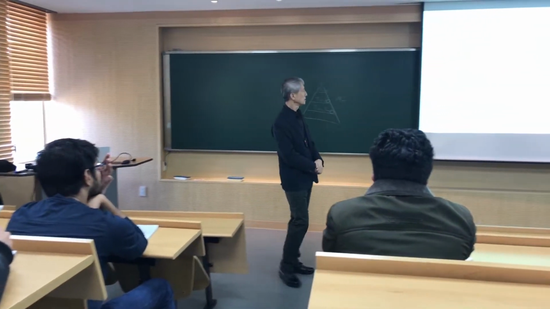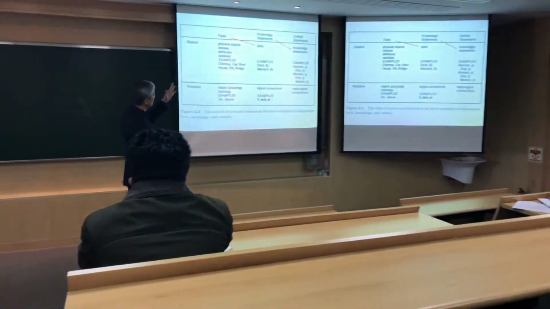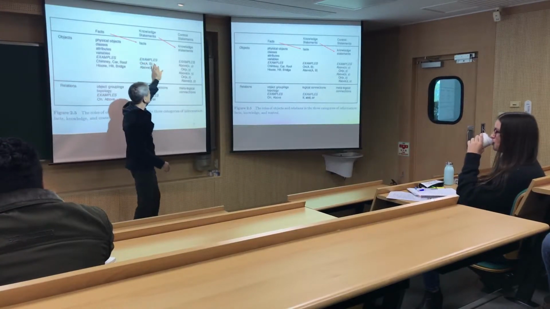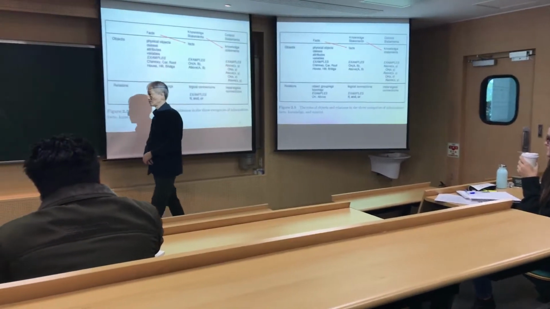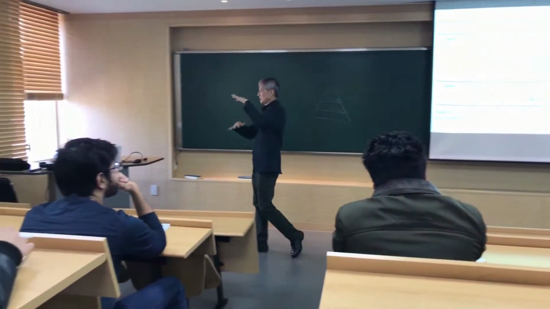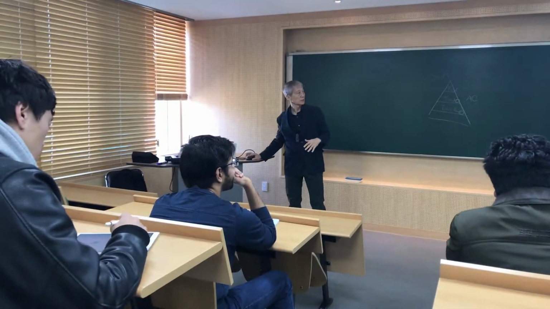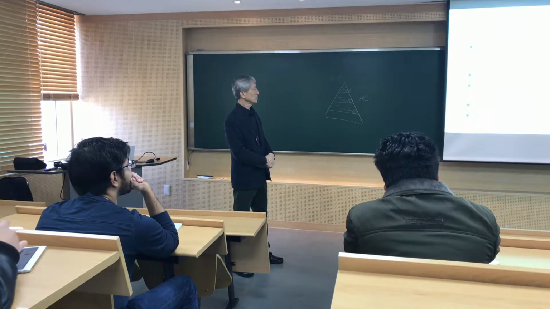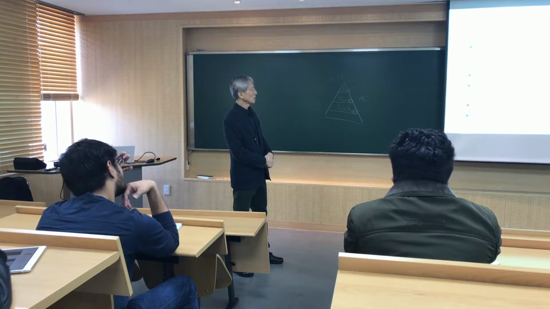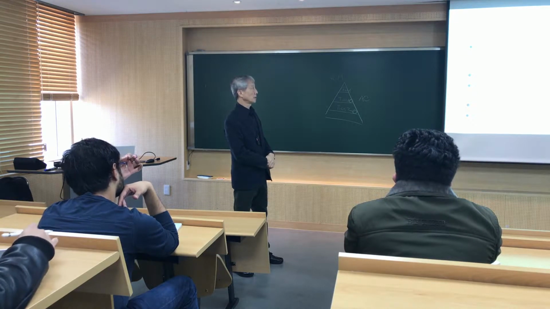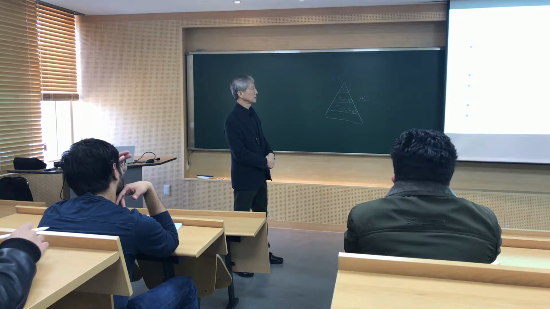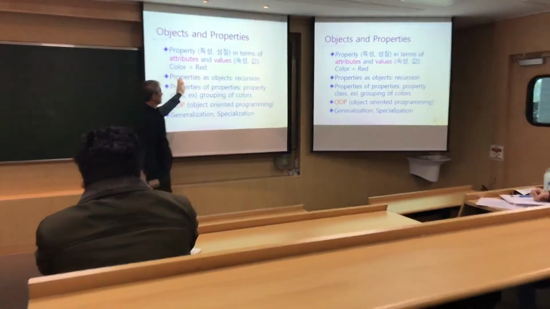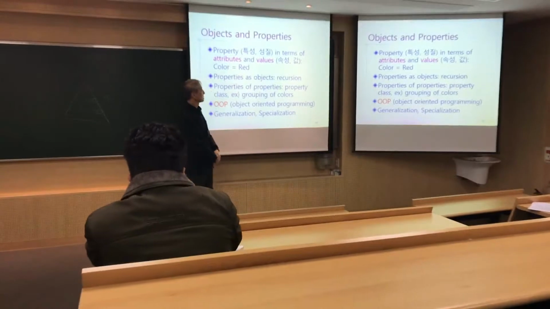So we saw this in chapter 2: the relationship between objects is fact, the relationship between facts is knowledge, and the relationship with knowledge is control. Let's see. So layers, hierarchies and relations are there. Objects and properties, with properties in terms of attributes and values in this book. So color is a property, and that value can be read. Properties as objects. So properties can be handled or represented as an object.